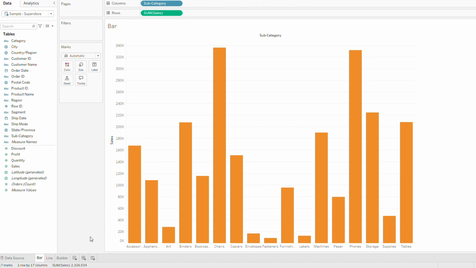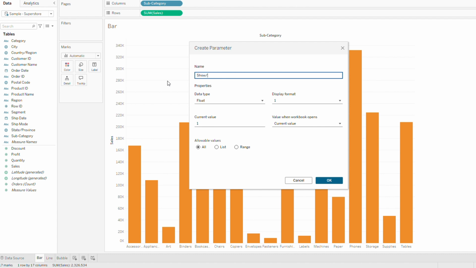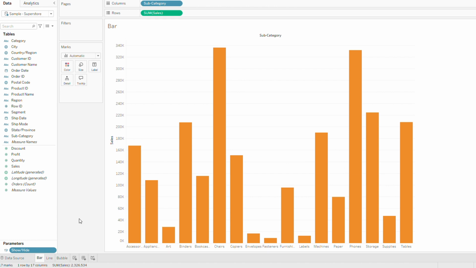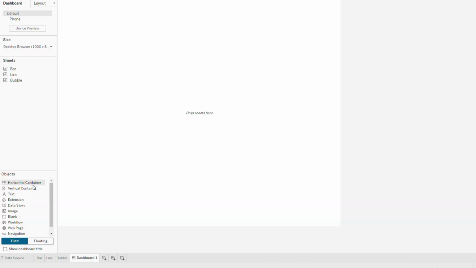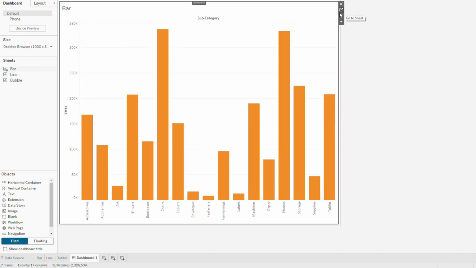As I showed earlier, the first dashboard is to show and hide the object. For this, I have already created the bar chart here, and I'm just creating one parameter. Create parameter, Show Hide is the name I'm giving. Boolean type, true means show, false means hide. These are the labels I'm giving. Click OK. And then go to dashboard, create a horizontal container, call the bar chart here, and call that parameter which you have created,